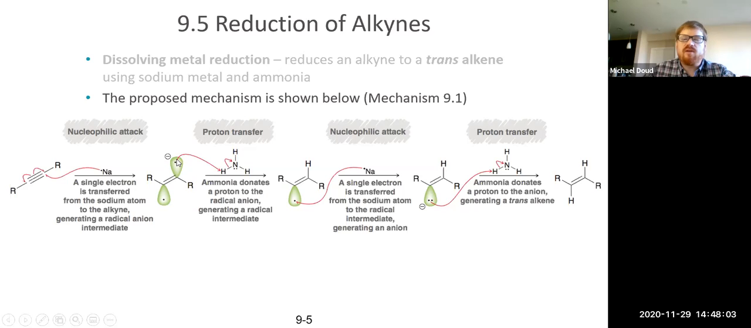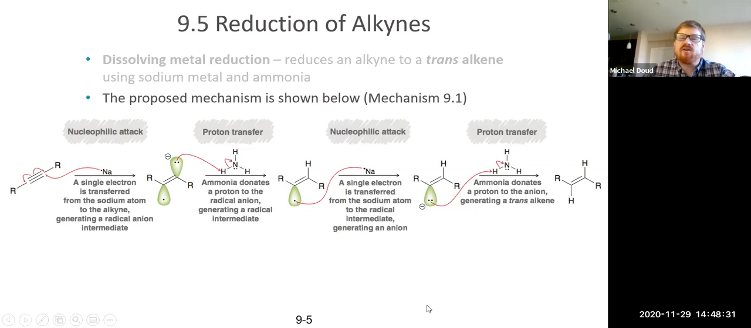Now this lone pair is going to be very basic. It's basic enough actually to be able to deprotonate ammonia, which, if you'll recall from the last lecture, is hard to do, but this is much more basic, so it's able to do that. Then you still have to clean up this radical here. This radical can be cleaned up just by adding another electron from another sodium atom that you have in solution. Then once you have a lone pair, that can be protonated again,